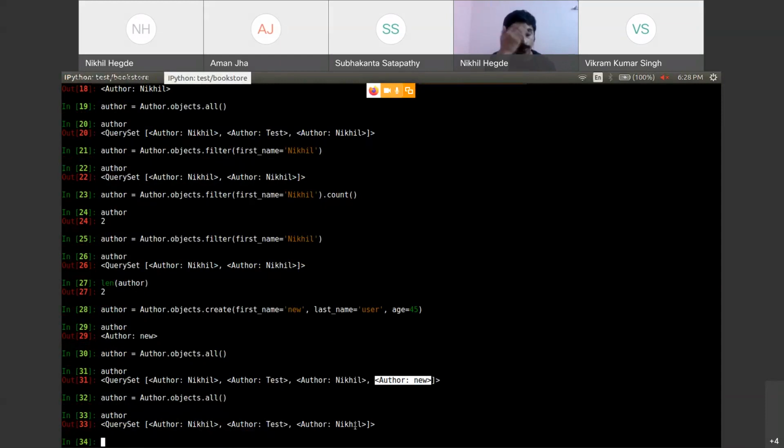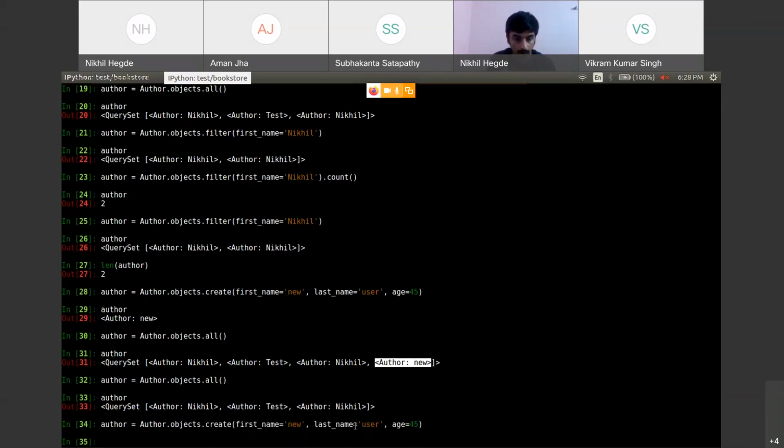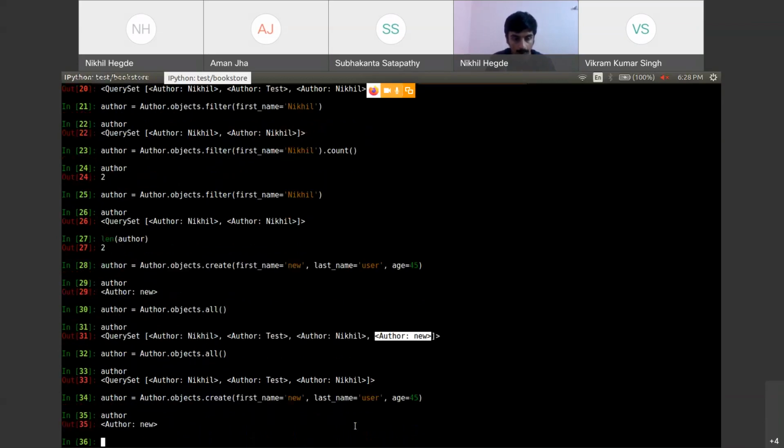Okay, fine. Now we have added the create function. Now I'll show how to delete through an ORM query. I will create the same new user again. Okay. Now I have got this user. Suppose I want to delete this user, now I should use author.delete.